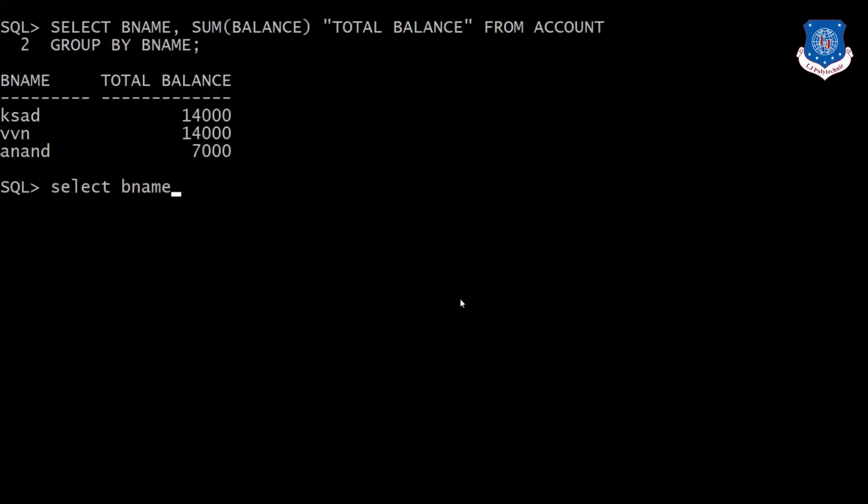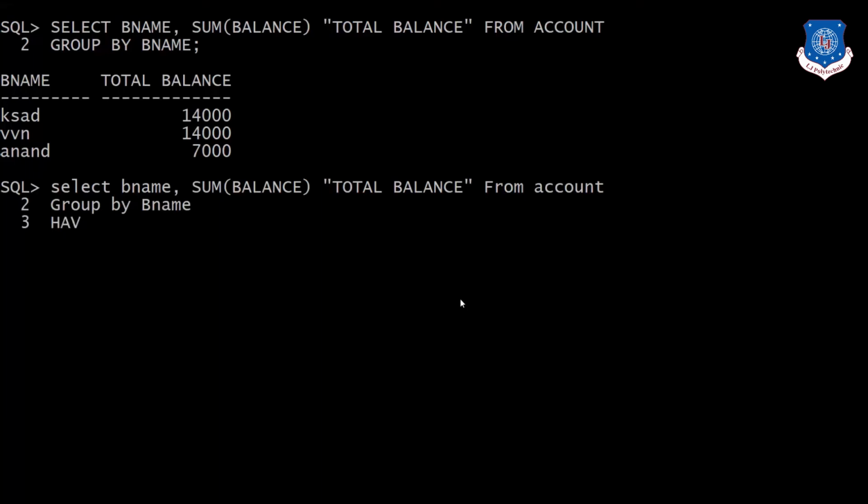Select bname, comma, sum of balance. We'll rename it as total balance from account group by bname. Now we will specify having.